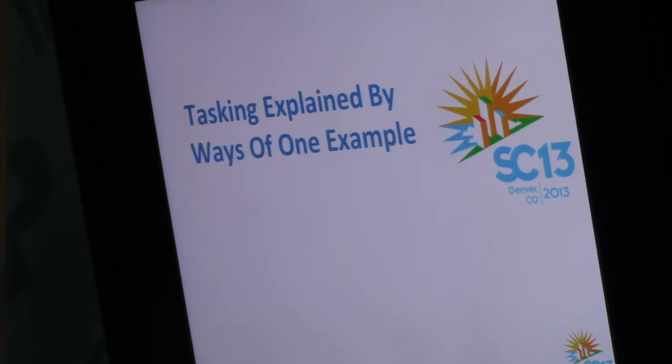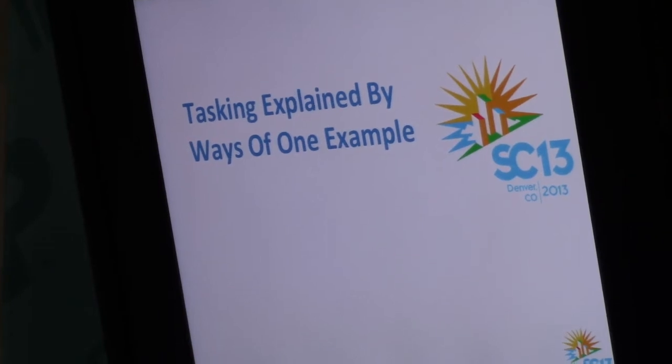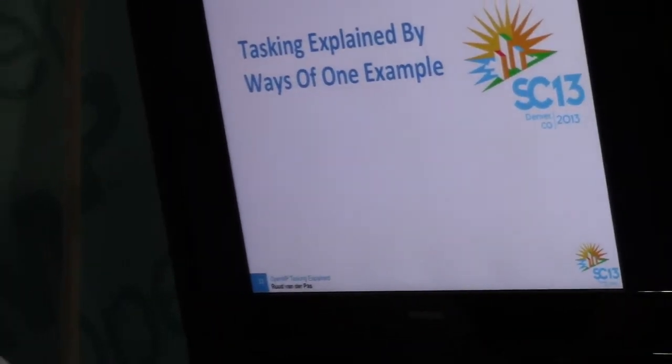I don't know what's happening here, but okay. So I'll have one example. And for a while I was struggling with giving you the simplest of simplest examples to show you how tasking kind of works. Because people used to start with something too complicated, I think, and you get lost in the details. So this is admittedly very simple, and it's going to be a little bit of audience participation time. I will ask some questions, and feel free to answer or just totally ignore me.